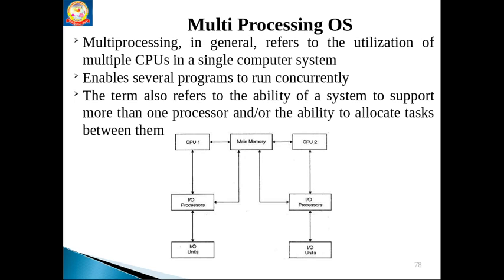Multiprocessing, as the name itself says, means several programs are running in parallel. In parallel means there are multiple CPUs. On one CPU we can do one job, like multiple tasks we can do. If a task is bigger, we can divide it into parts and allocate them to different processors, and collectively they can finish the task in less time.